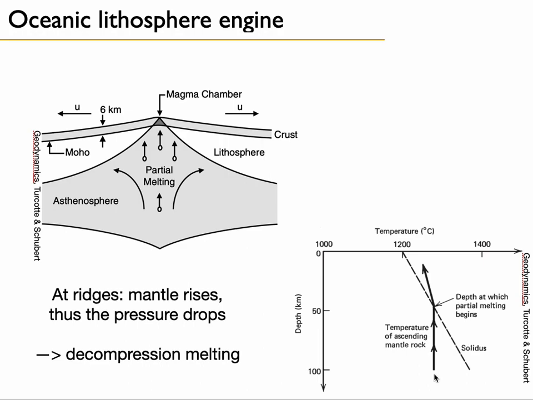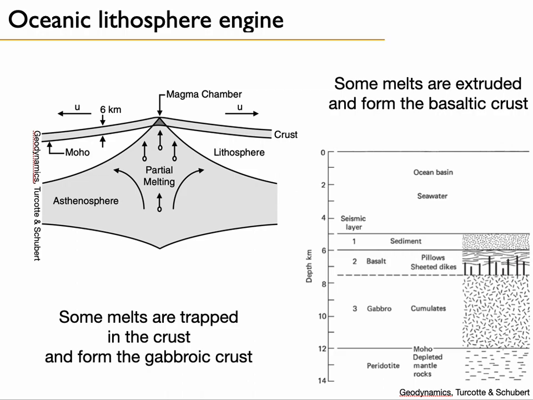So you see that the rock is below the solidus line initially, and as it rises, it hits the solidus and starts producing partial melts. So that's called decompression melting. And in fact, as a result, the rock, the asthenosphere, melts, and the melts are extracted inside the lithosphere here. And some melts are trapped in the crust, and they form what is called the gabbroid